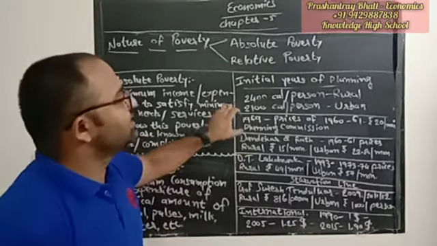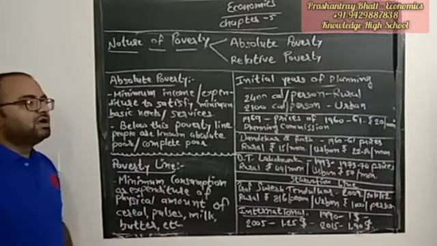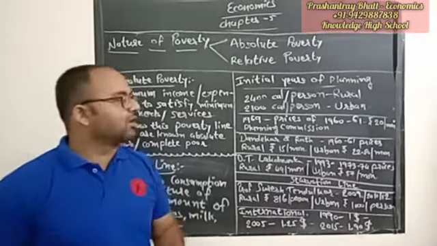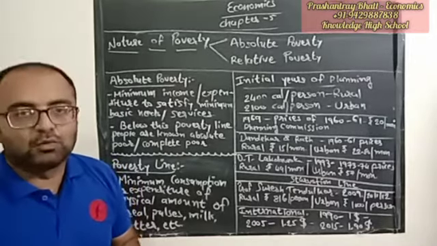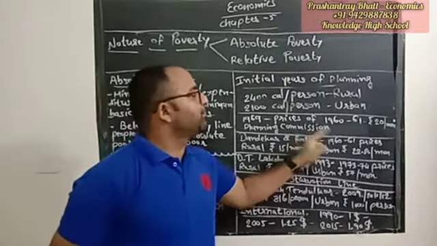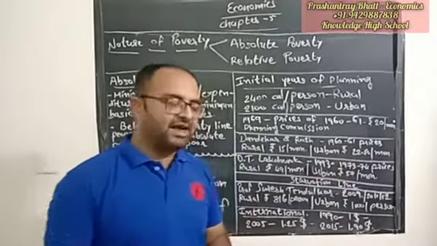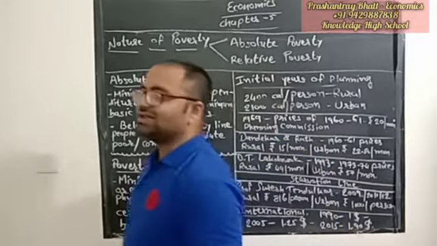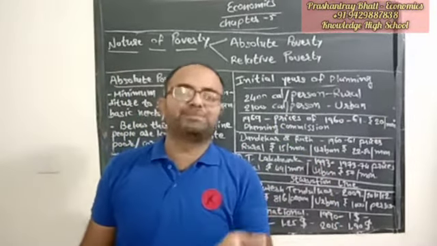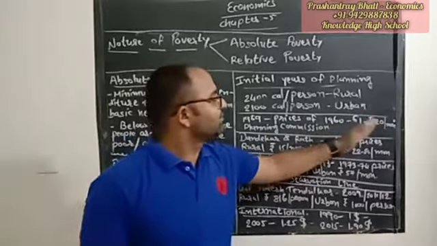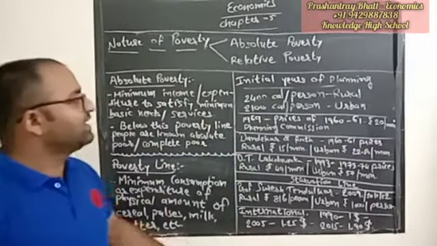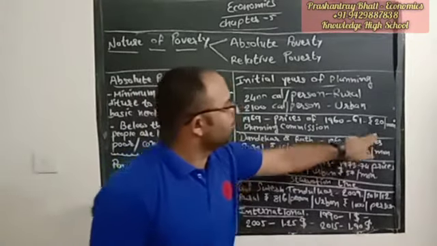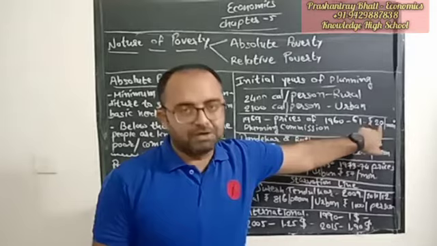On the basis of that, in 1969, for the very first time the Planning Commission gave the data of the poverty line, that this should be the minimum income or expenditure of a person to survive well. In 1969 they took the prices of 1960-61 as a base, that is, the price in 1960-61 of the products people consume is called the base price. So the 1960-61 price was taken as the base, and on that basis in 1969 the poverty line was first defined, and it was decided at ₹20 per month per person.